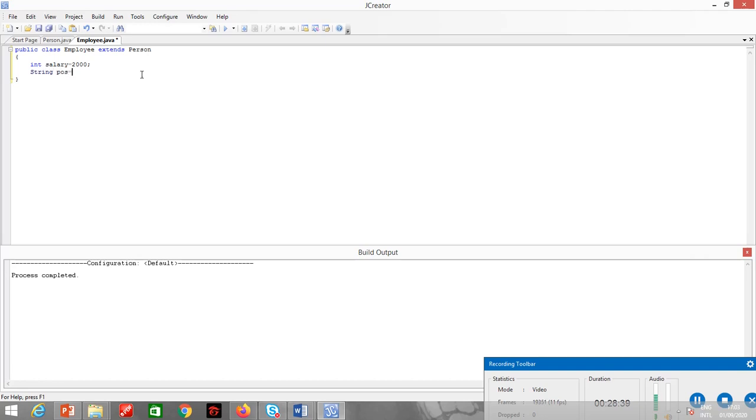String position equals manager. So these are the two instance variables. Now I will create one method over here, public void display, and I will display all the data members of the employee class.